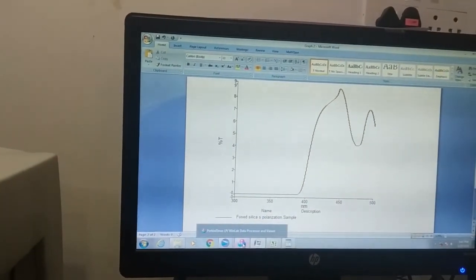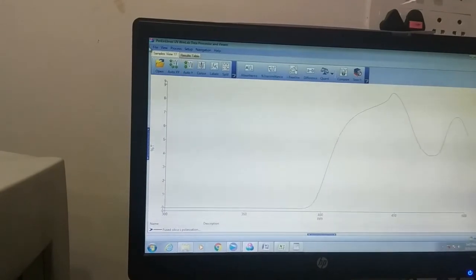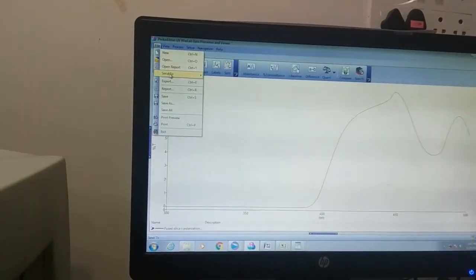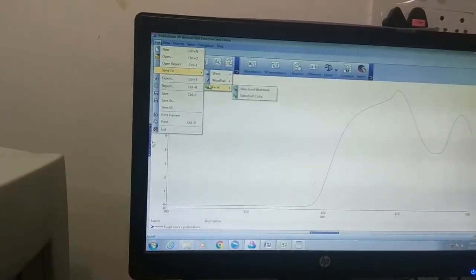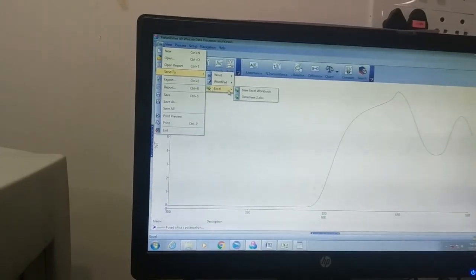Then again go to DPB, then go to file, then send to Excel, to datasheet 2.